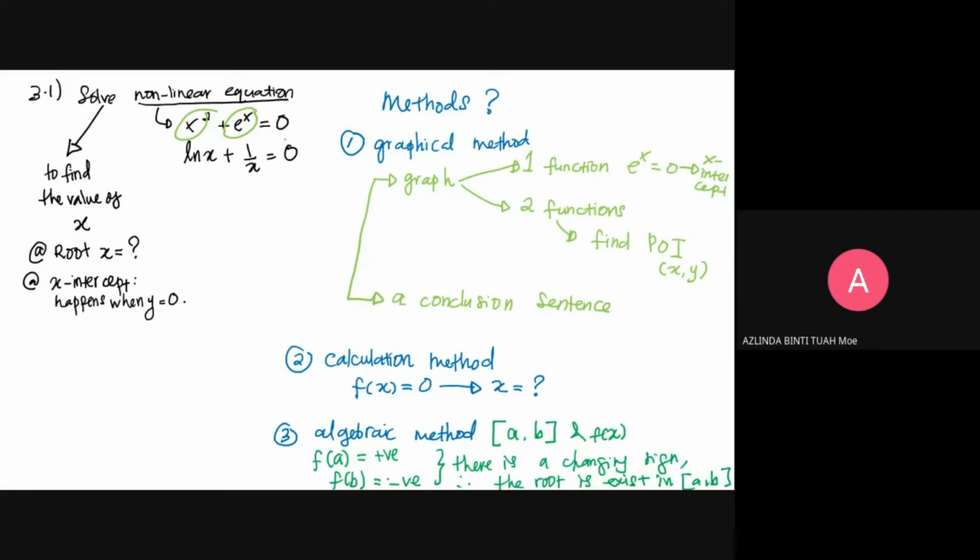Okey, apa signifikan macam mana kita nak faham algebraic method? Apa yang kita buat dekat sini, kenapa kena tengok changing sign? Reason dia adalah berbalik kepada graph. Dia punya objektif sama, nak cari nilai x ataupun nak cari x intercept. Kenapa kena adanya positif dan negatif sign? Sebab back to graph,